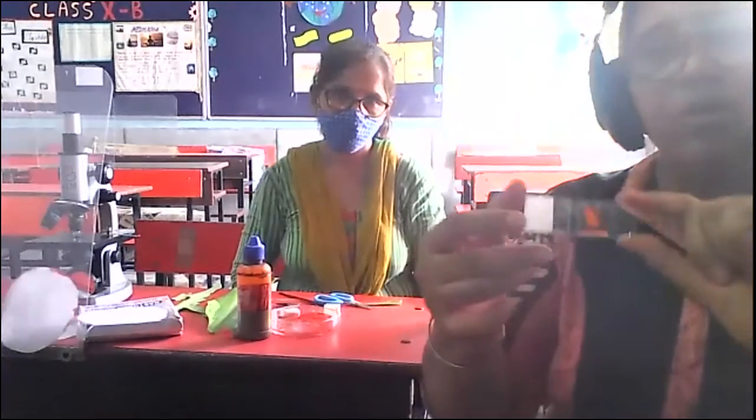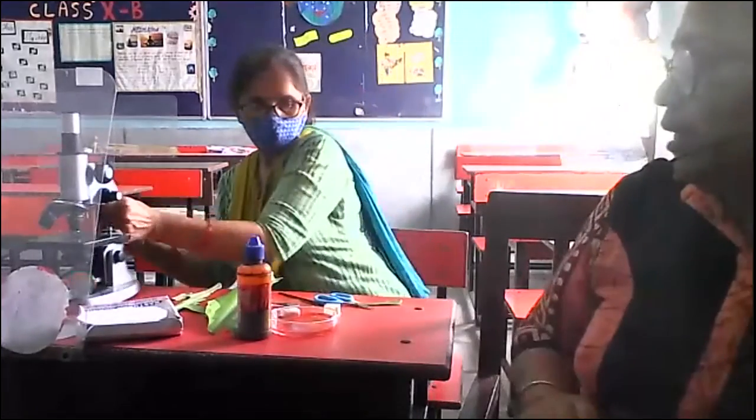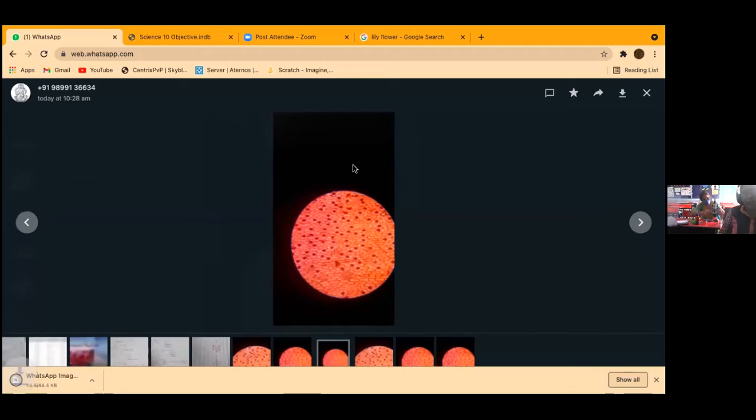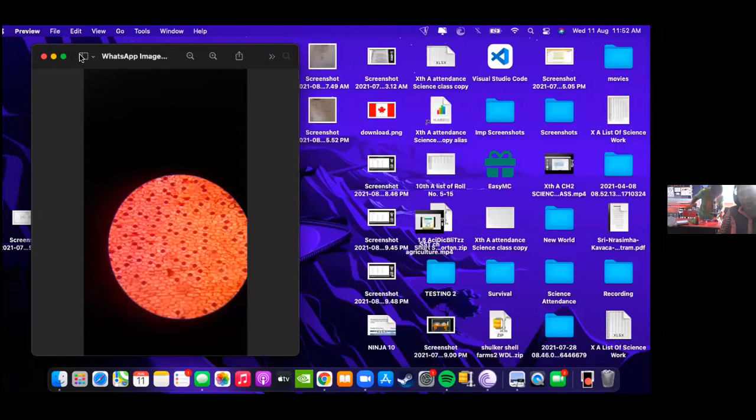Now we are going to observe it under the microscope. So we will keep it and set our microscope under the light. You can see I have already made this slide ready for you. So you can see the slide under the microscope is like this. These dark red color parts, the eye-like structures, children, these are the stomata and the guard cells.